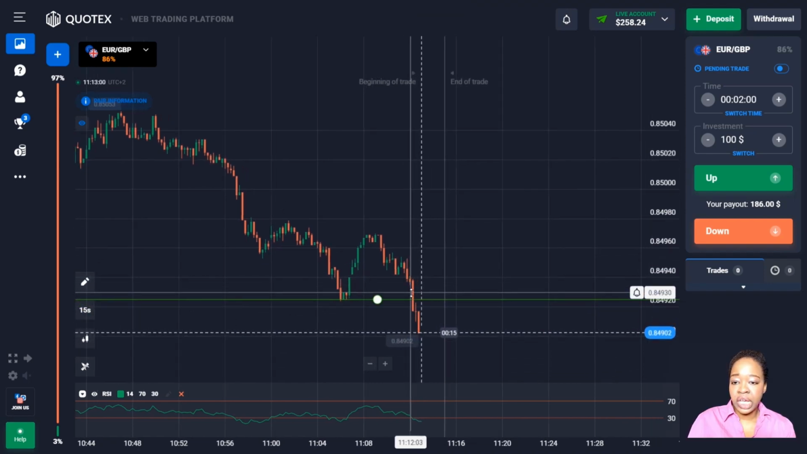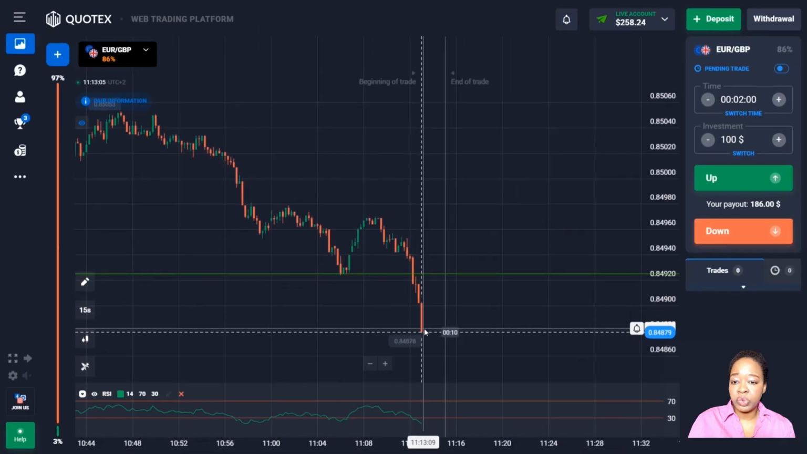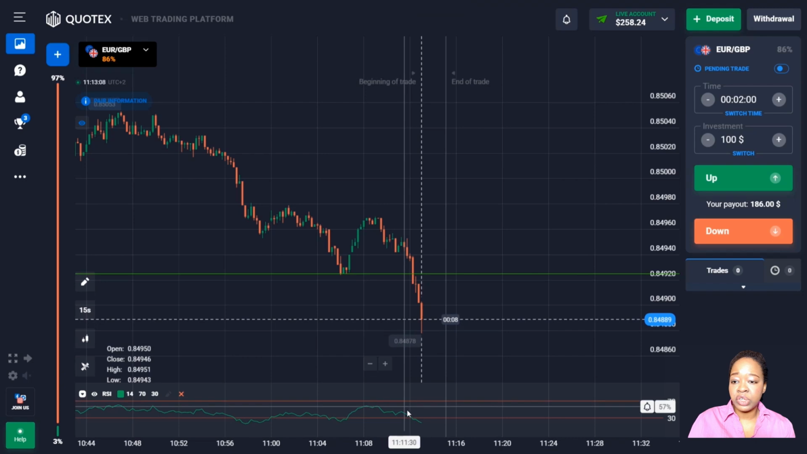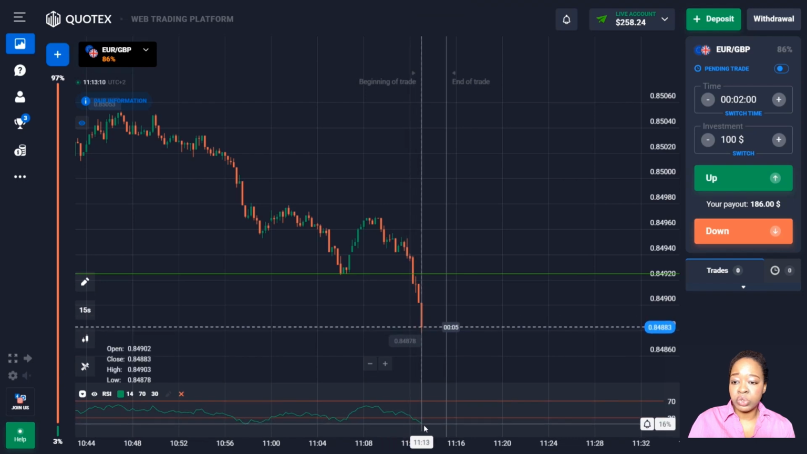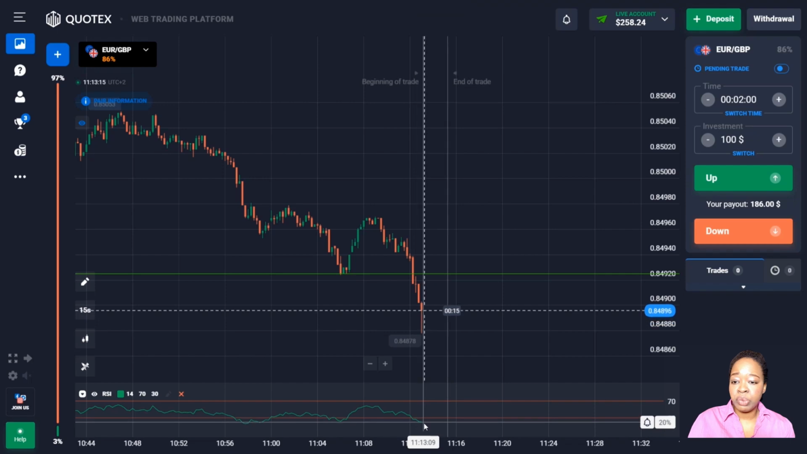So here guys, you can see after a while there was a breakthrough of the support level. The price moves down quite confidently with red candlesticks, and you can see the moving average is in the oversold zone. That means that there is a high chance there'll be a reaction and the price will move in the